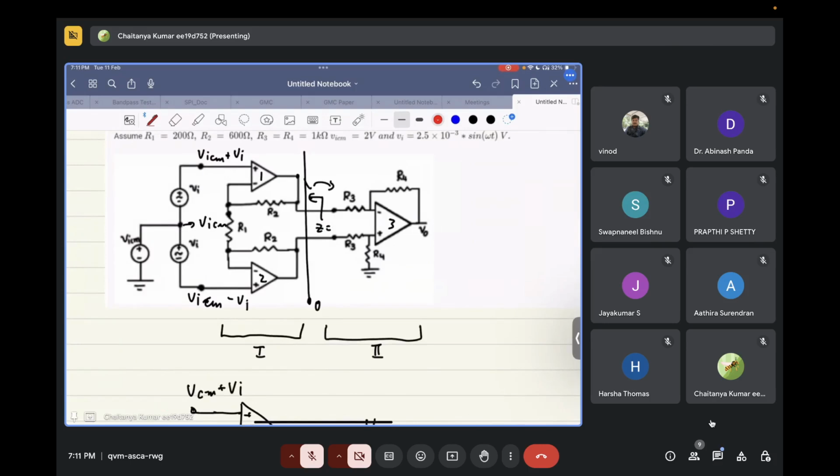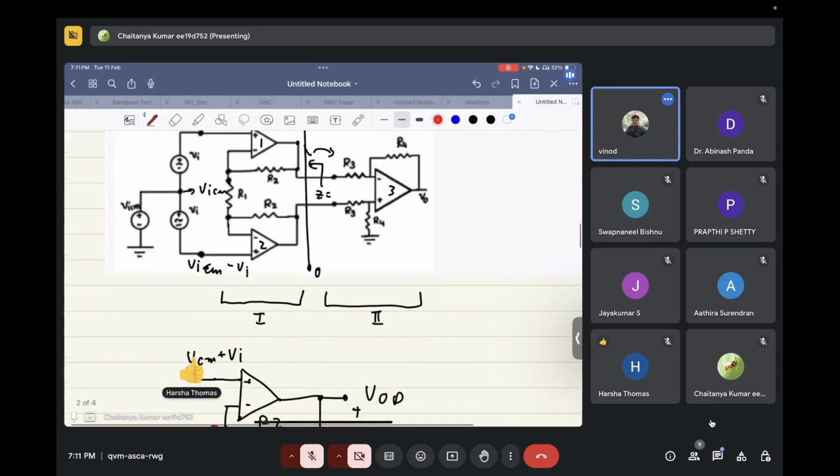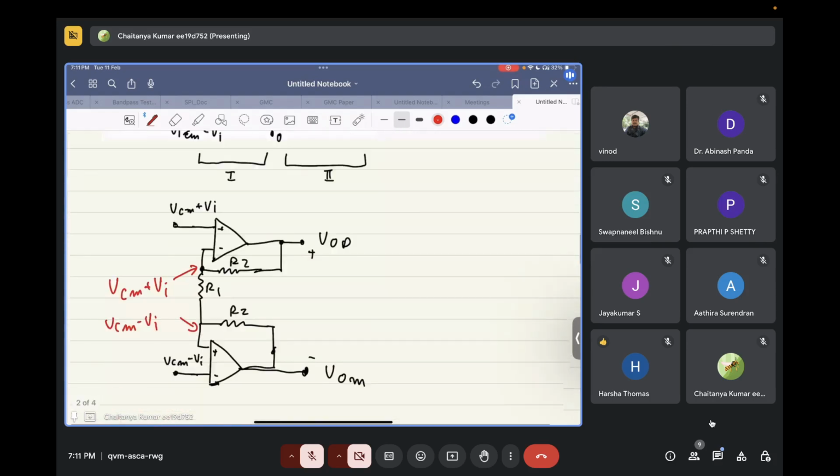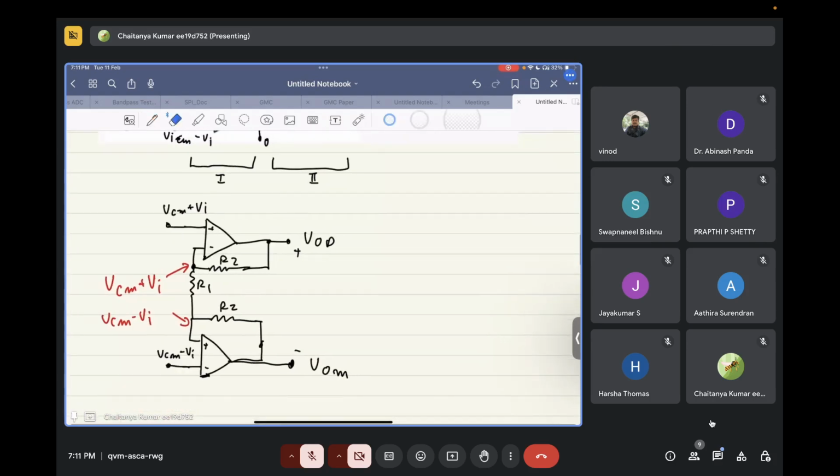If Vi is zero, only VCM we will consider in this. Is this clear? Yes, sir. So if we consider only VCM,